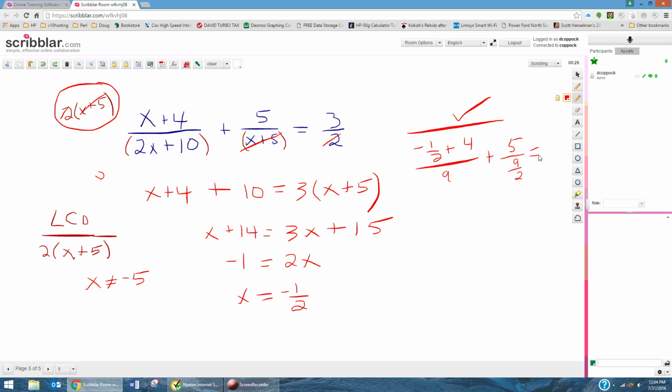Does that equal 3/2? Well, this is really what? 3.5, 7/2 over 9